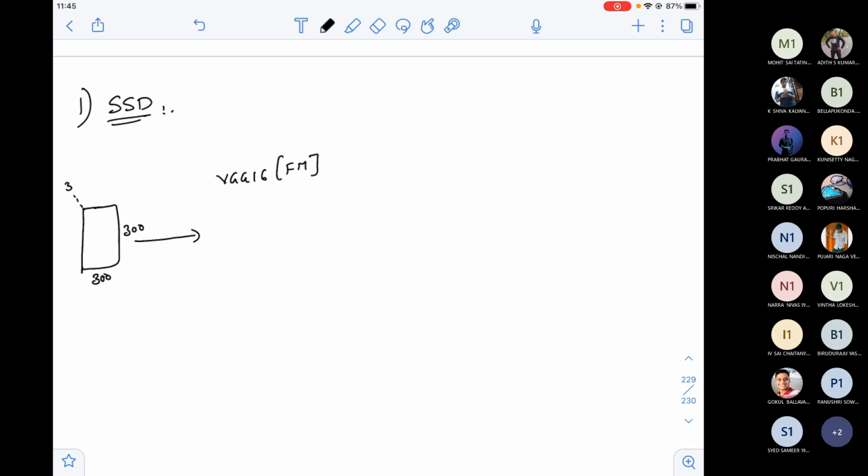Now, in one of the convolution layers in VGG, if you remember the architecture, you'll have convolution layer 4.